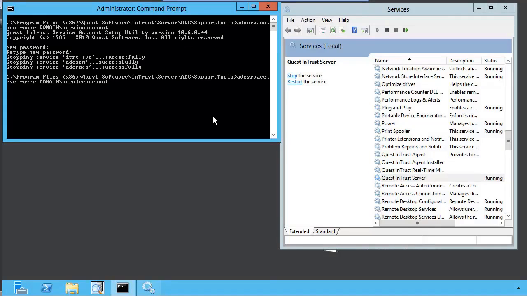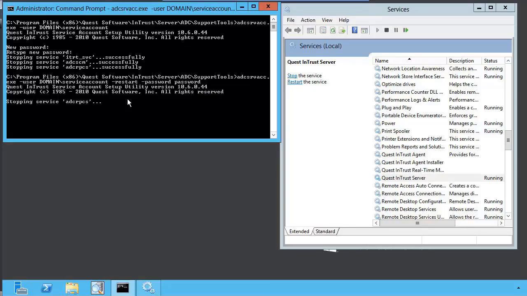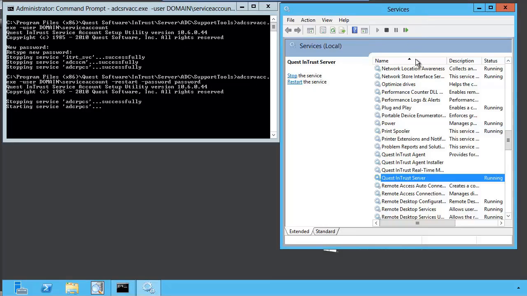Switching back to the command prompt, I'm going to reset and run the same command using these options. Note that the Quest InTrust Server service is in a running state at this time. So here I will specify -restart and then -password along with the service account password. Hitting enter, you'll note that I was not prompted for the password this time, and the utility stops the service, adcsrvacc, and also starts the service,